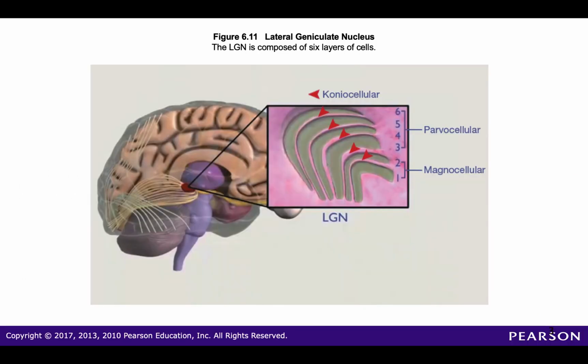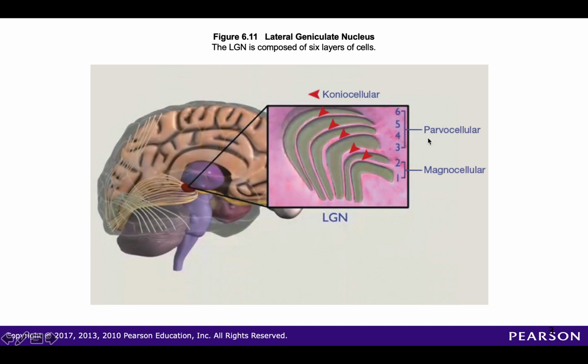The way information is organized is still based on how it was organized in the retina. The parvocellular neurons, the parvocellular retinal ganglion cells, continue to be tracked together. Remember, this is the cone pathway. Each of these cells has a relatively small receptive field, and because each cell has a small receptive field, we need more cells to cover the entirety of the visual field. That's why when we look in the lateral geniculate nucleus of the thalamus, we have 4 layers of cells devoted